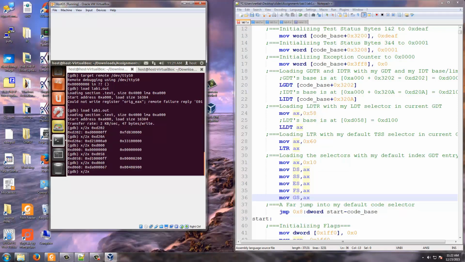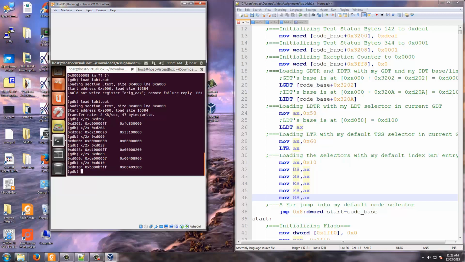Let us go and say S/X, S/2x, 0xD010. Please note that this is a segment starting at 0xB1000 and has a huge limit 0xBFFF. And it is privilege level 0 and it is a read writable segment.